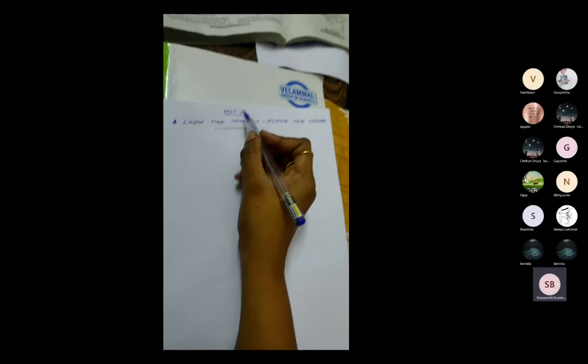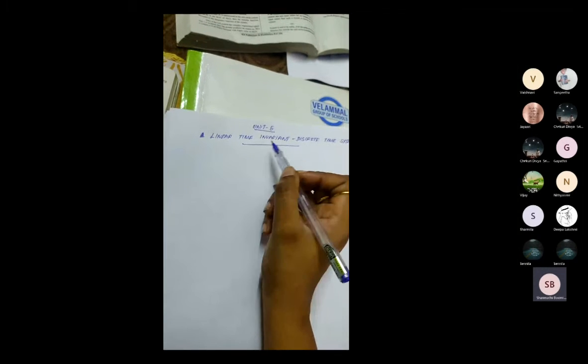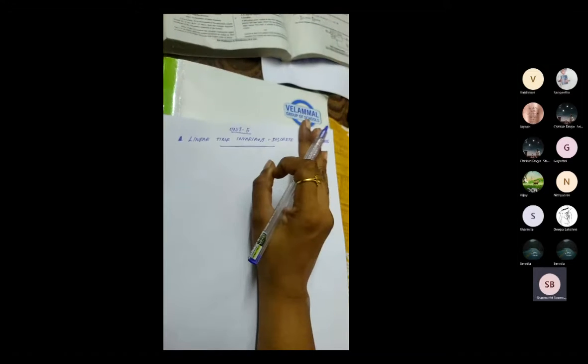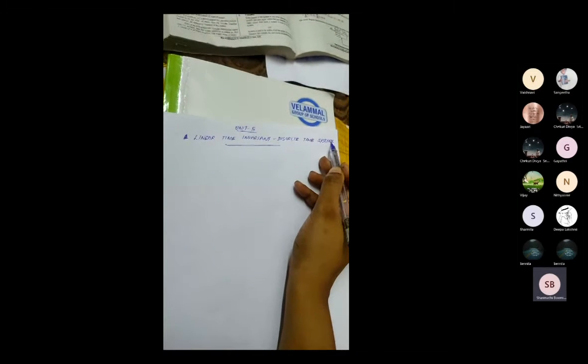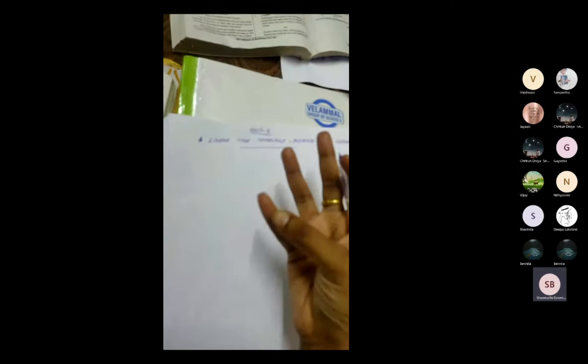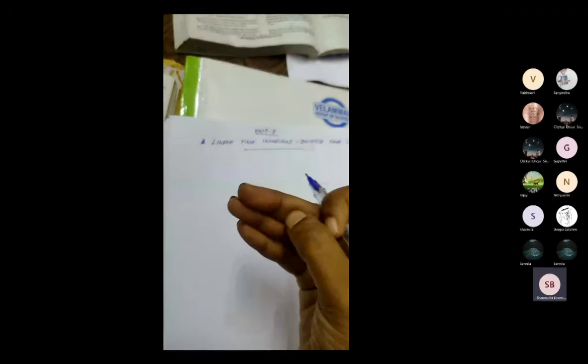Now we will start unit 5. Unit 5 is nothing but linear time invariant discrete time systems. The third unit was the analysis of continuous time systems. To analyze continuous time systems you use three main topics. What did we see? Solution of differential equation. Next, convolution integral. At last, block diagram representation.